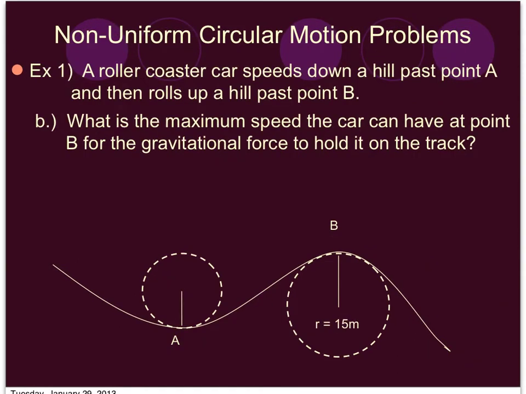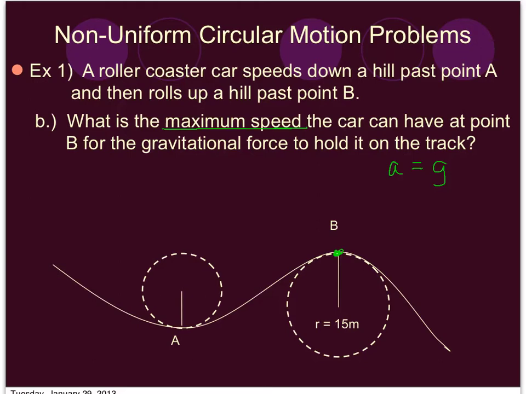Part B of this question wants to know the maximum speed that the car can have at point B for the gravitational force to hold it on the track. And so right here at this point, you need to understand that if the acceleration of that car is any more than g, that pull from gravity, it's going to fly right off of that track, and you obviously don't want that to happen. And so you can say that A has to equal g, okay,